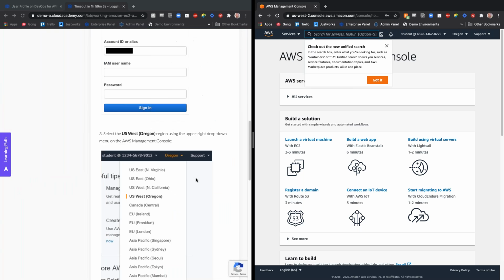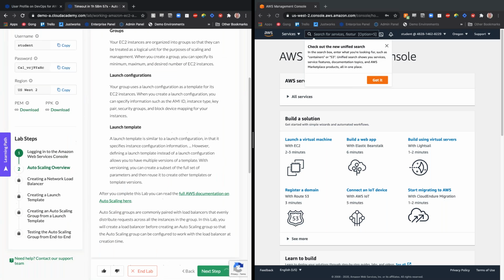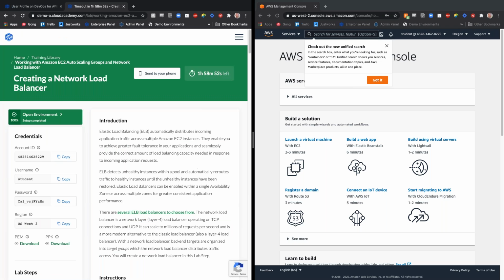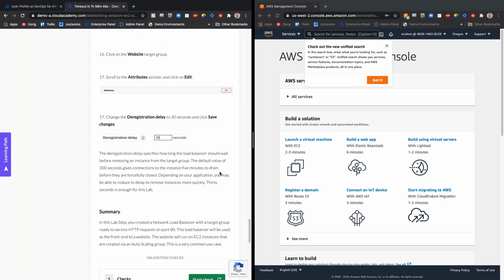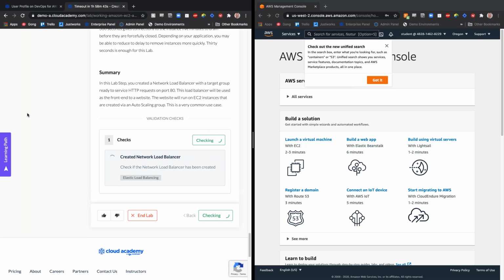The final piece that I'll mention regarding labs is we do bridge the connection between the console and the lab environment. So once your end users have to complete something within the console, you're going to come across various validation checks. These validation checks will either confirm or deny if you were successful in what was expected. This is also what is being fed into that skill profile to showcase how those skills are growing now that we have this knowledge, or we need to go back and fix it.